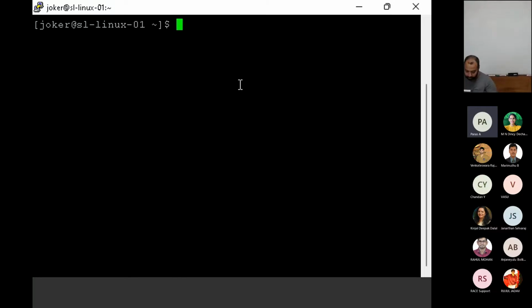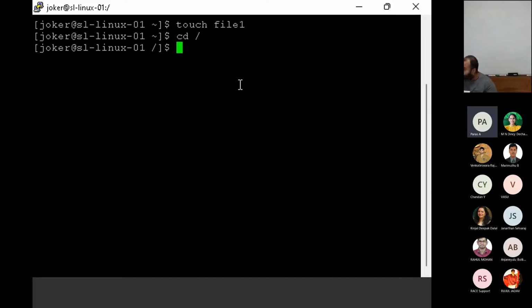So let's say I create a file. Now I am here at the root. Okay, so I can simply say find / (the entire root) -name file1. I don't know where it is, so I'm searching the root. I'm giving the name of a file, which is file1. And what I want to do is list the ls of the file. Okay, so I can simply say ls -lrth